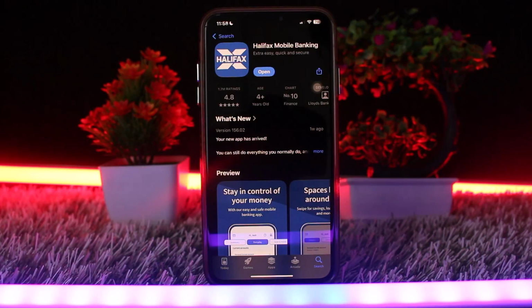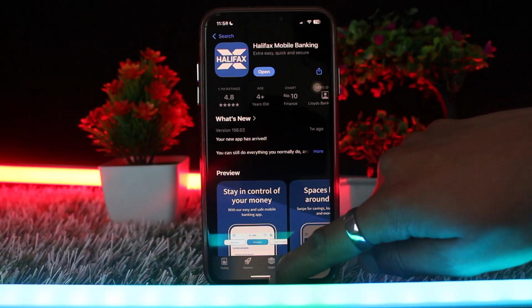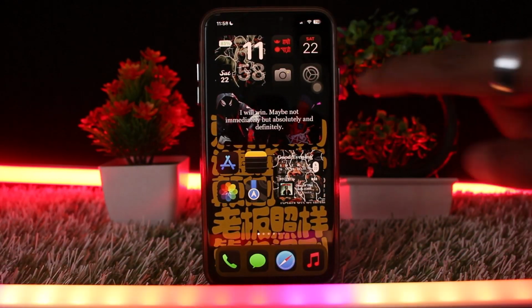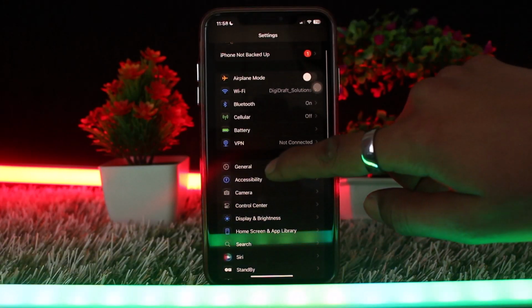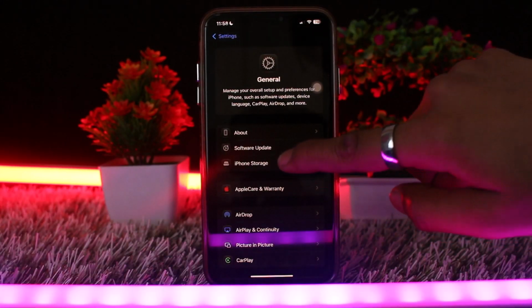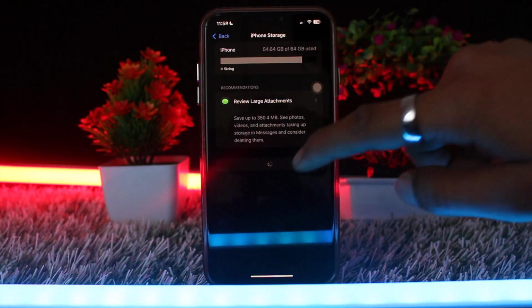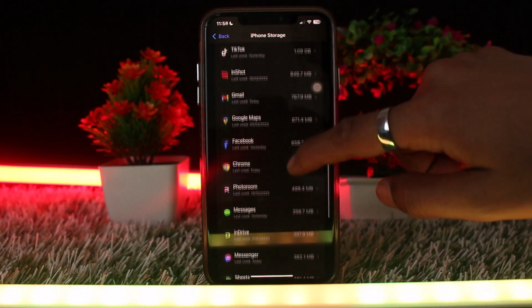But for some reason, if that still doesn't fix your issue, then what you can do is head back to your home screen. Once you are here, tap on your settings, and inside settings what you need to do is head over and tap on general, and inside general tap on iPhone storage. Now inside iPhone storage what you need to do is scroll down until you find the Halifax app, and then